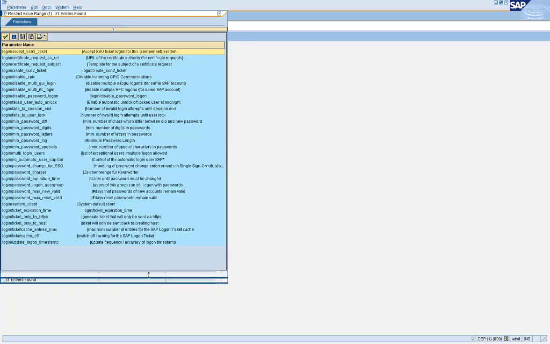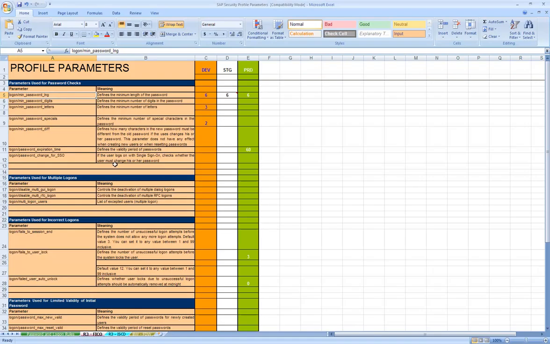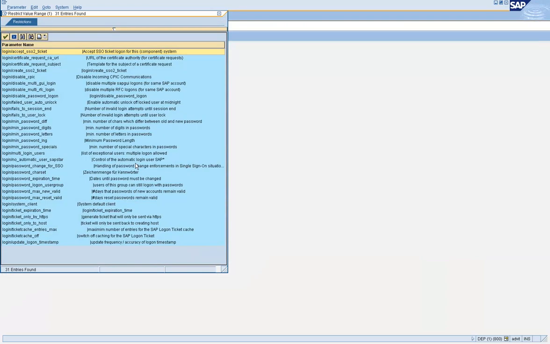Let's expand the window. We are going to set the parameter for minimum password length. Let's check if there is a parameter for that: login/min_password_lng.